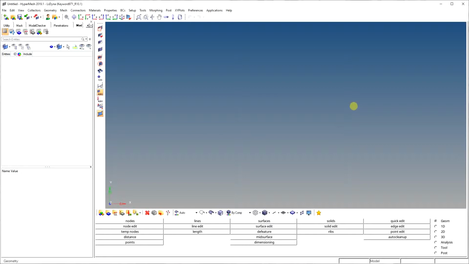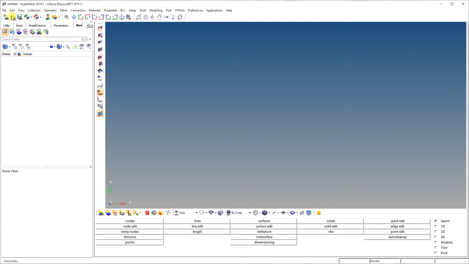Hello, good afternoon. Today we will see how to assign the property card, or how to assign the property to a particular mesh, element, or component. Property is nothing but assigning the other dimensions. For example, for a shell we assign the thickness by using the property, which means we are defining its section.